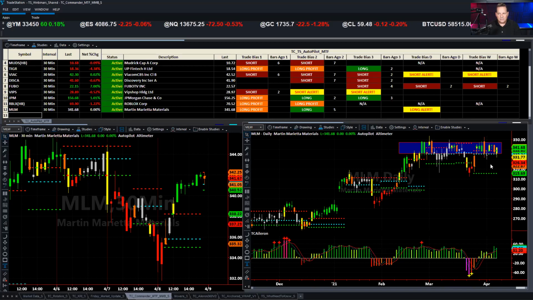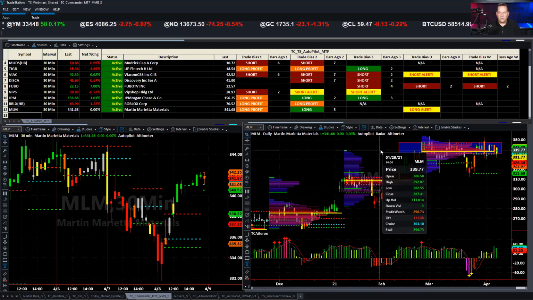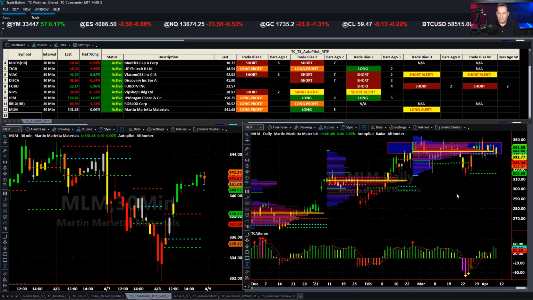Other than that, you have some downside here. You could probably crack down to about 327. Looks like there's really good levels of support within here. And yeah, you can see that again, right where we are right now at about 338 is probably that yellow line that we look at.